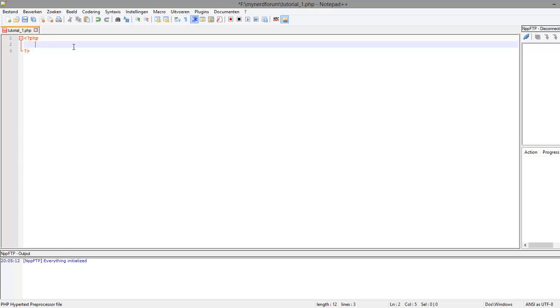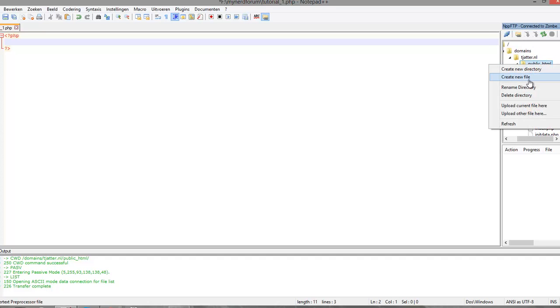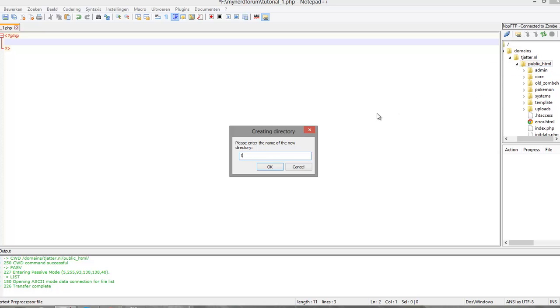Anyway, we will need a USB web server or something to run the code. I have my own hosting, so for me it won't be a problem. I will connect to my own website. I will create a new directory called